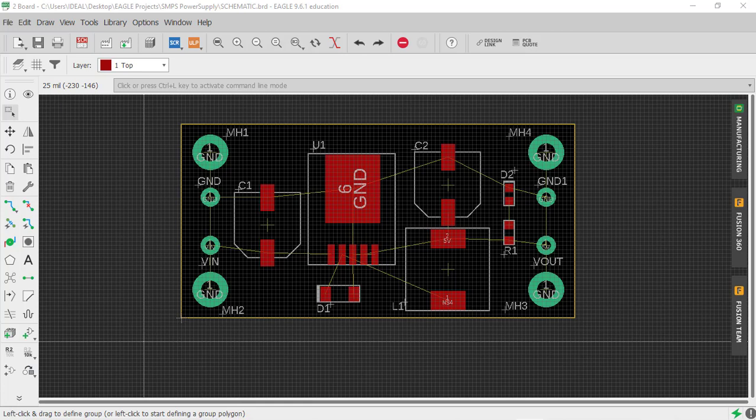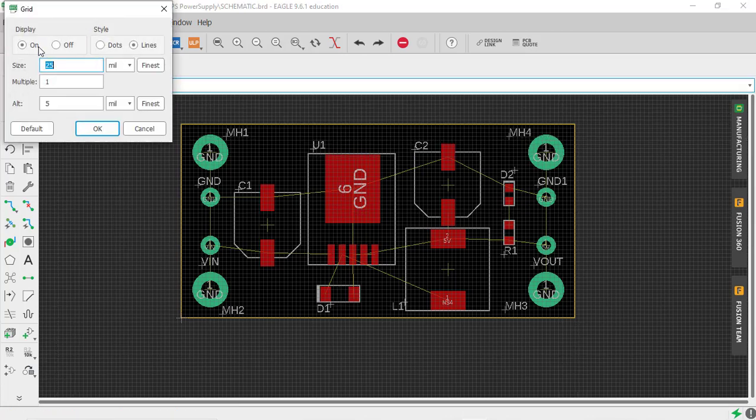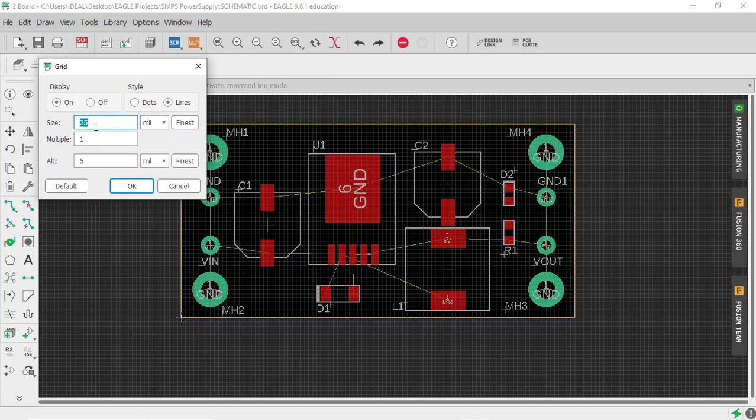Now in the free version of Eagle software, we can do routing in two layers. One is the top layer and one is the bottom layer. For our board, we'll do most of the routing in the top layer and a little bit of routing on the bottom layer. Now to start with routing, first we need to change the grid. So click on grid. Initially it is 25 mil. The 25 mil grid is used to do placement of components, and for routing we'll select a 5 mil grid. Click on OK